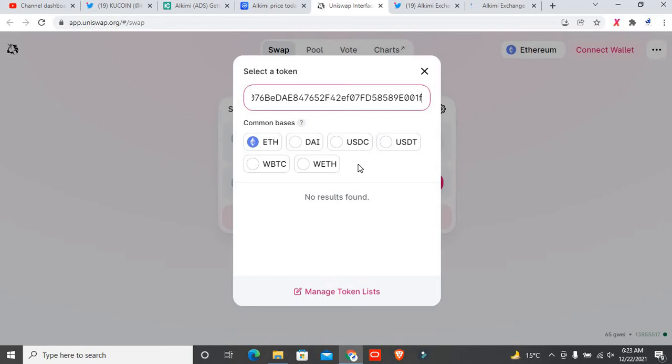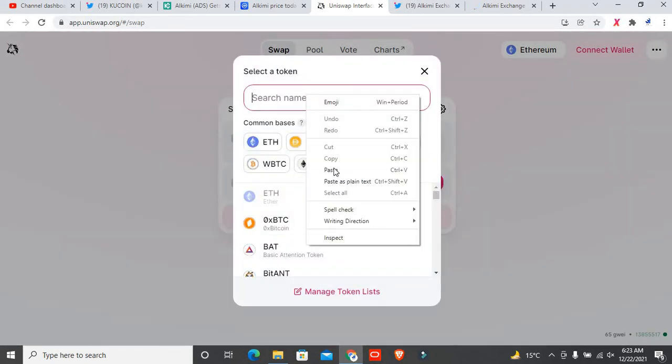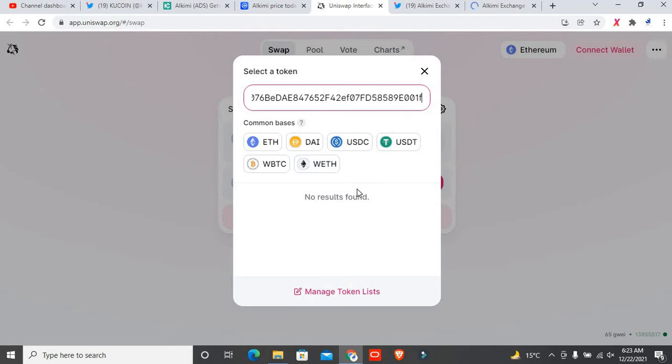But right here my connection is not too good, that's why it gave me an error. I want to try again. You can see again select a token, and again I paste that. After that you can see it will directly show here, so you can also buy this token by this method. You can see right now this is ADS, and you can just click on import.